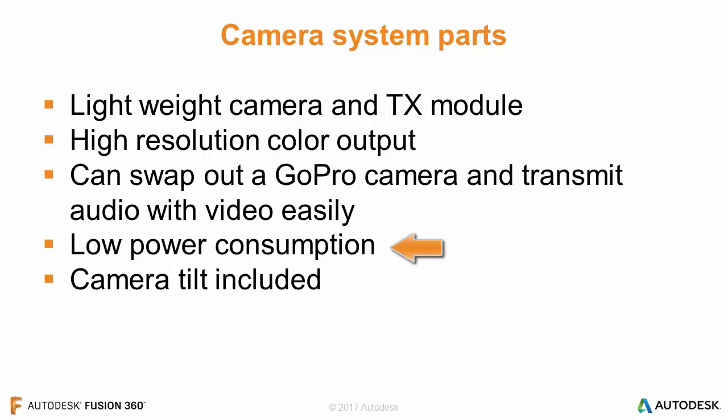We also have camera tilt included with the camera that we chose. There are plenty of camera options on the market. Some automatically have the transmission modules built onto them, including antennas. So if you're looking to build your own system, don't think that you have to go with the cameras that we chose. If you want to use a fixed camera or if you want to build your own tilt setup,